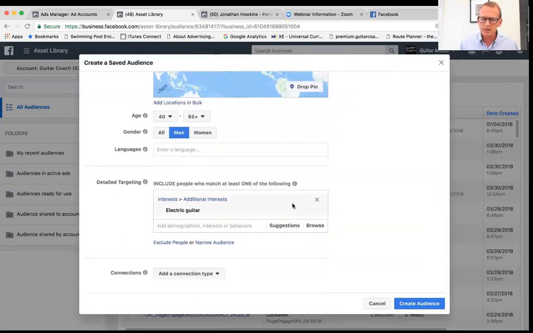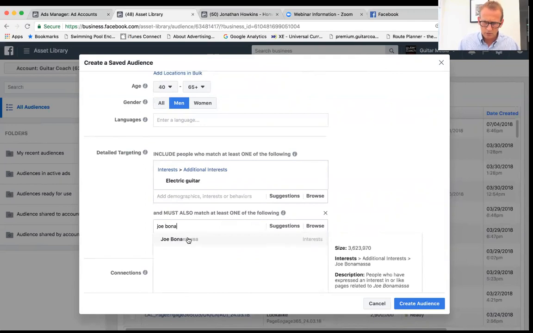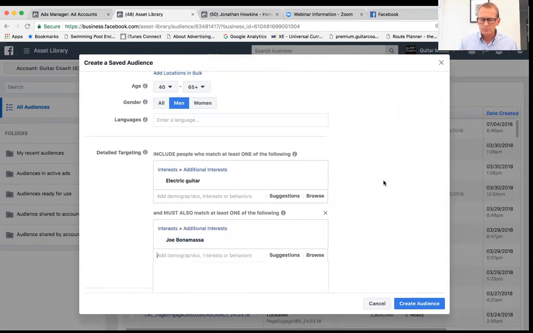Now, often what I've seen people do is actually then go and add more types of demographics straight into this same box here. Whereas actually what we want to do is start with this broad category and then slowly narrow it down. So what I'd do, I'd leave just a single item in there, but fairly broad based, but then start to narrow it down. So I first might narrow it down by going, I want people who are interested in Joe Bonamassa. So that seems to be really honing in on the sort of blues rock type